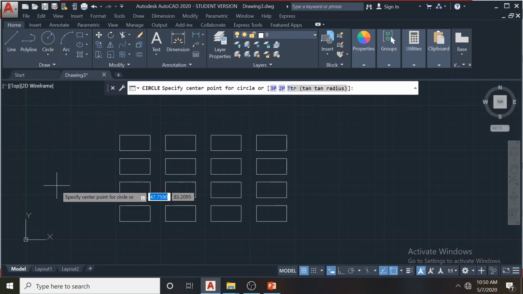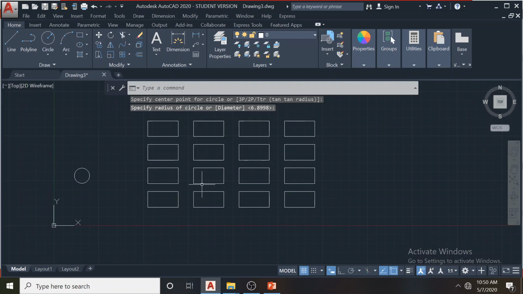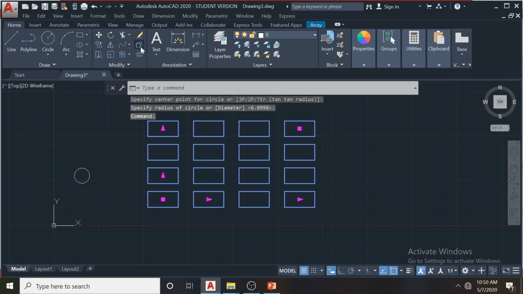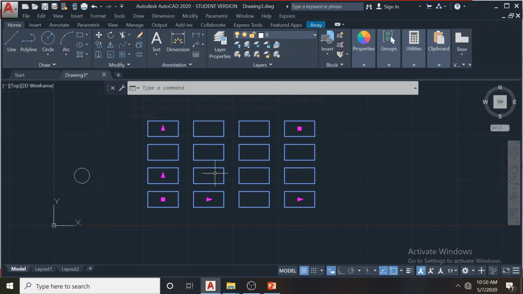We have to draw that shape separately, and now I want to change this rectangle into a circle. One way is you can explode the thing and delete this and draw a circle manually, but it's not going to work because you are losing array properties.